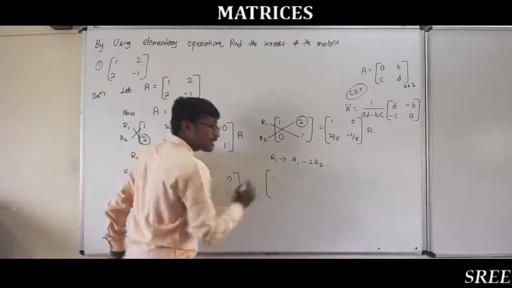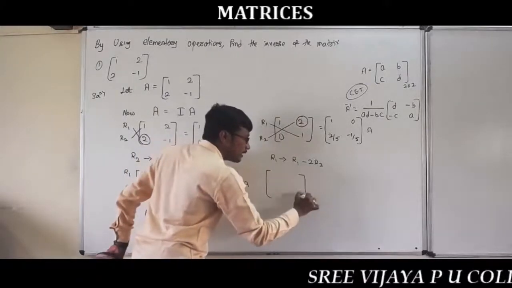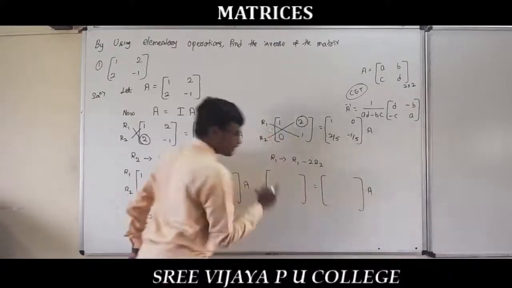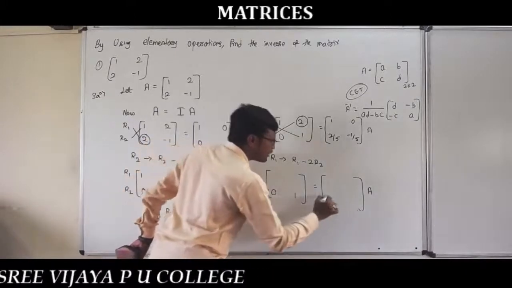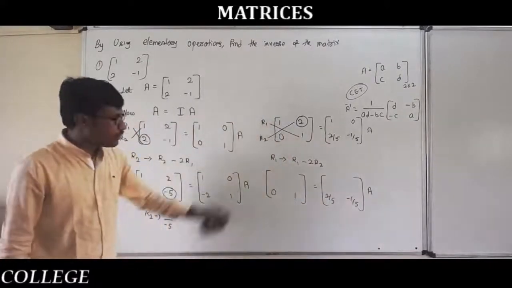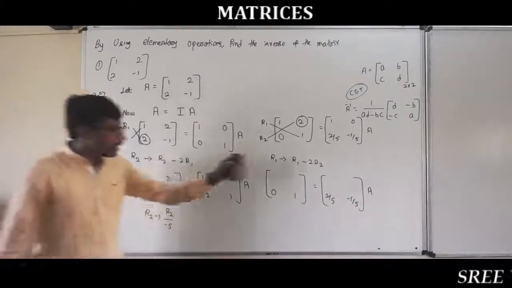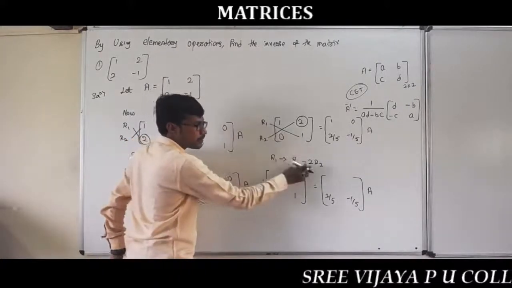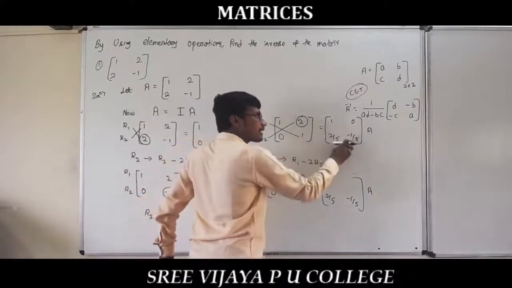Now, which element becomes 0? This 2, I circle this element right there. This element must compulsorily become a 0. So now here, which row will change? First row will change. Which row will be as it is? Second row will be as it is: 0, 1, 2 by 5, minus 1 by 5. Okay, previously I explained: R2 means first will be R2, R1 means changes, first will be R1. So now see, for R1 take the corresponding element in R2.